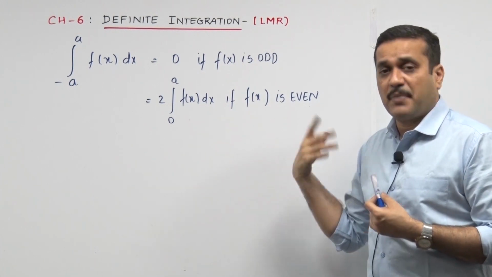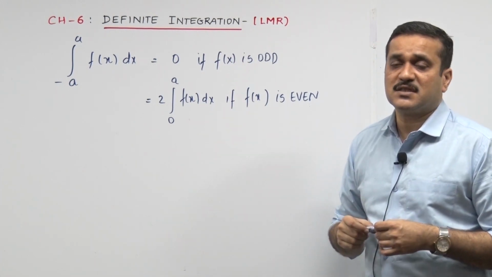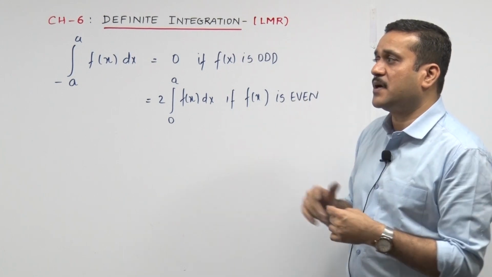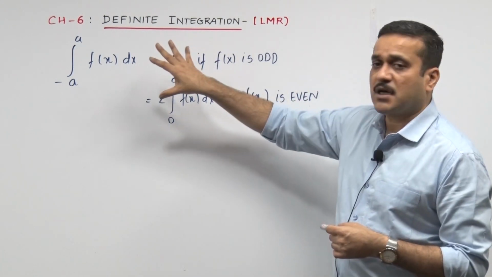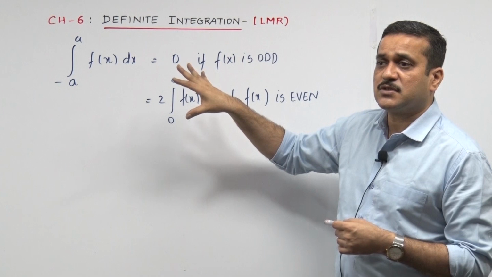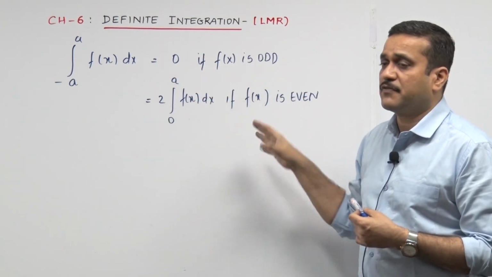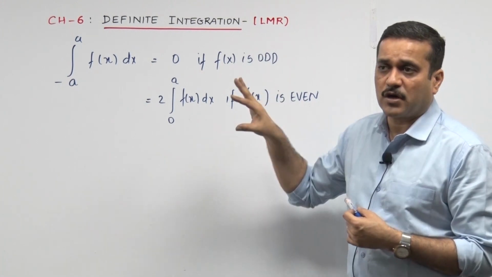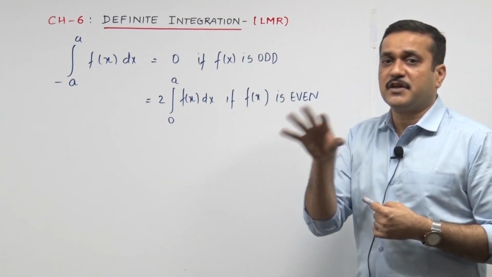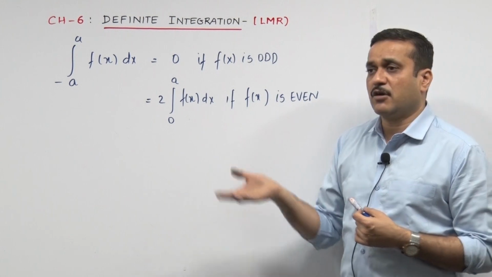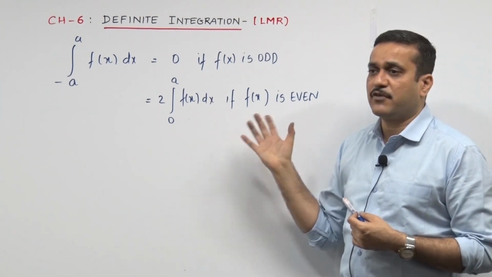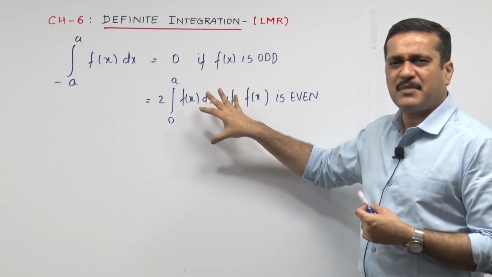But apart from that, you should be in a position to decide. Looking at the way the property is put up, if you see a sum coming out in that way, the very first thing you need to do is check whether the function is odd or even. Of course, your choice will always be odd, but you cannot make it odd if it's even. If it's even, it's even. Then you have to go twice integrate 0 to a f of x dx. Even there I see some advantage.